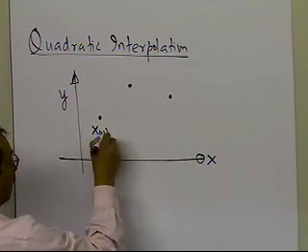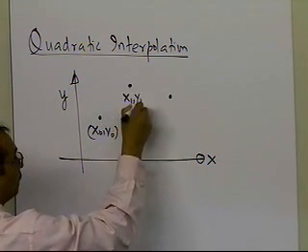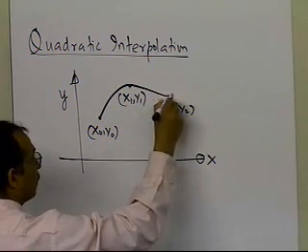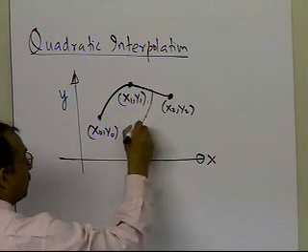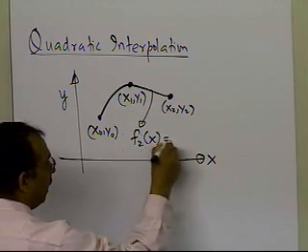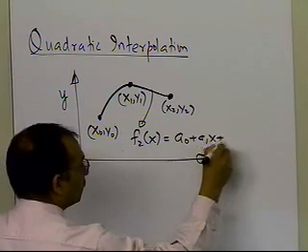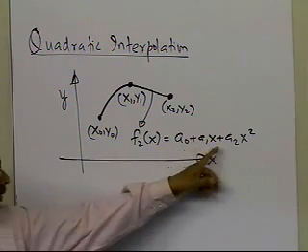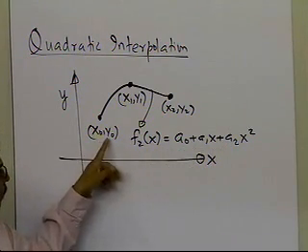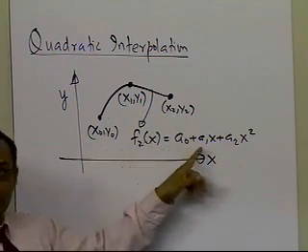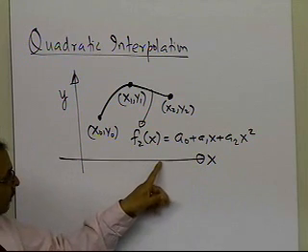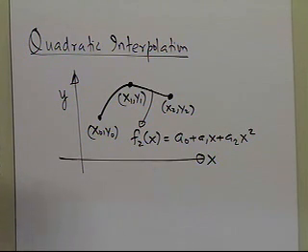And then let's suppose this is x naught, y naught, this is x1, y1, this is x2, y2. So you're going to simply draw a second order polynomial which goes through those data points. So this will be a second order polynomial, and it will be of the form a0 plus a1x plus a2x squared. And the question arises, how do I find a0, a1, and a2? That's simply by substituting the values of y at these values of x. And you'll be able to set up 3 equations, 3 unknowns. And then you should be able to find the value of y at any value of x which might be of interest to you. So let's go and look at this particular problem through an example.